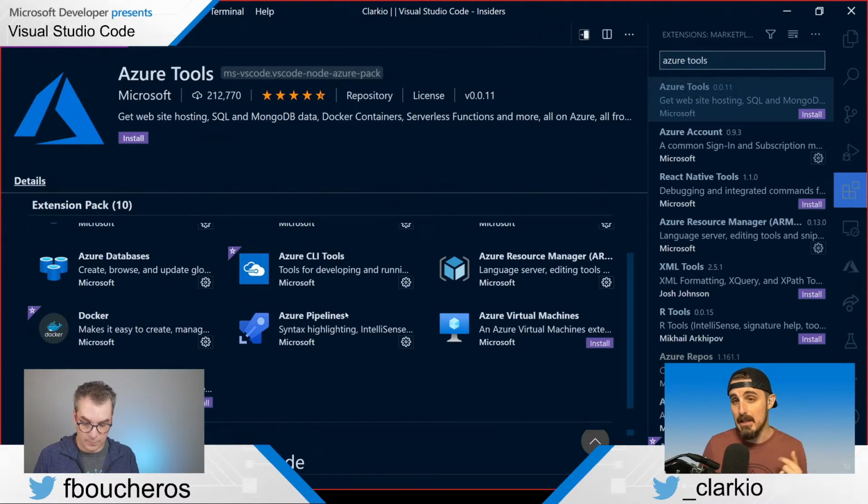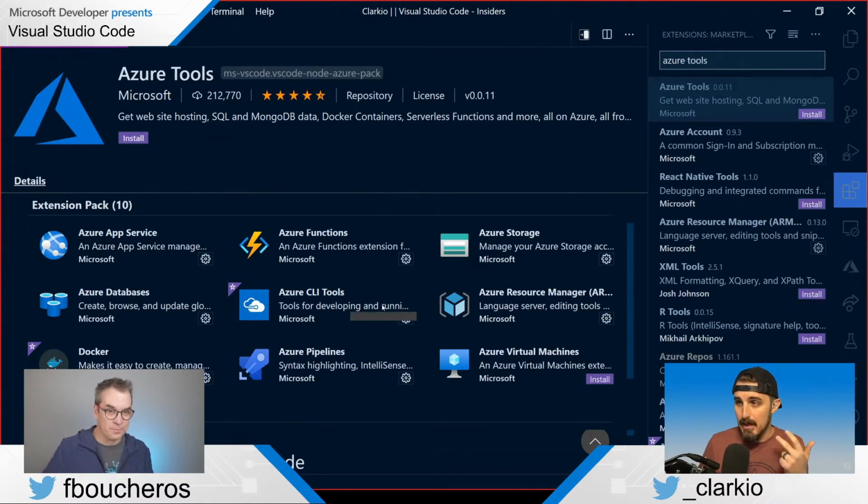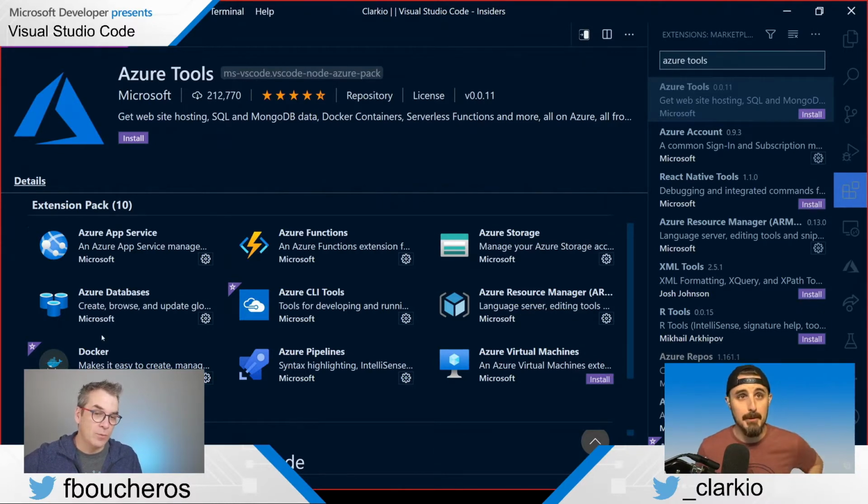I believe, I know we covered a little bit Azure App Service in the last session, Azure Functions, and Azure Databases. Right, Frank? Yep. So today what we're hoping to possibly cover is Azure Storage, Azure Resource Manager, and Docker in terms of what's available in the Azure. The CLI tool, we could have a glimpse of that. It's pretty handy also. If you're writing scripts, or I could even,